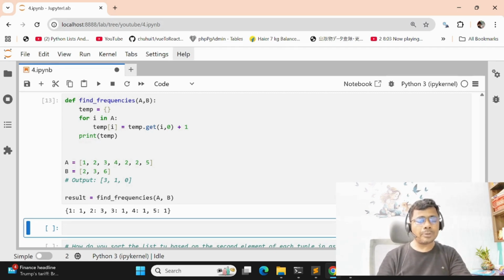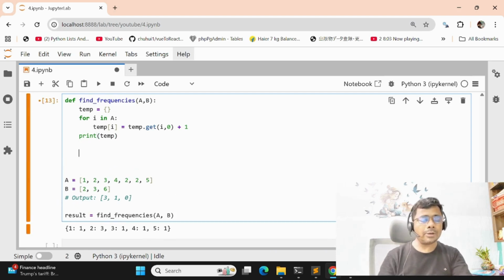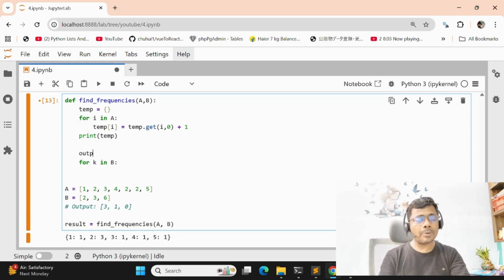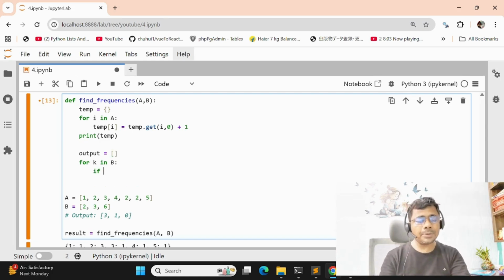Then try to solve this program. Then another variable, for k in b. Here we store one variable, output, as a blank list. Then we check if k in temp.